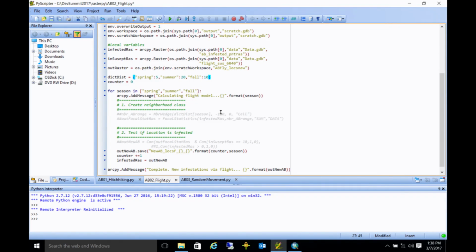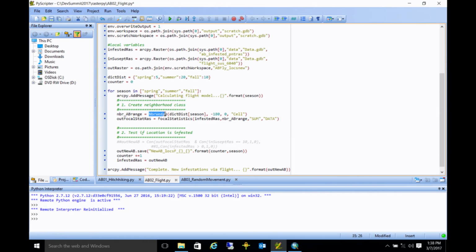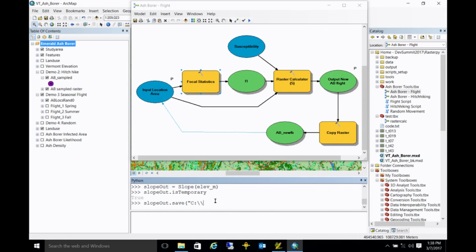Then I start my geoprocessing loop, down here where the real work gets done. And you can see here this NbrWedge. That's the class. Maybe I'm going to back up one second. This may help. If I come down here to the Python window and I say A equals FocalStatistics